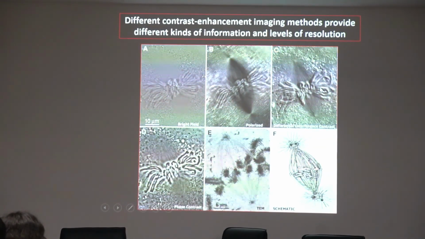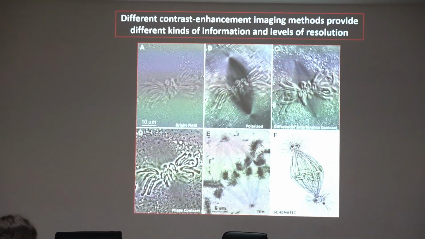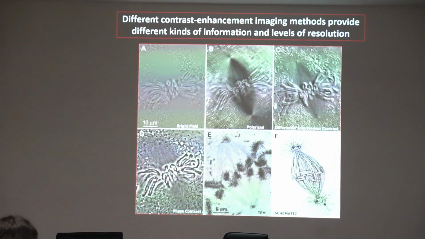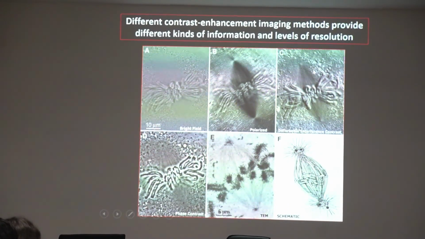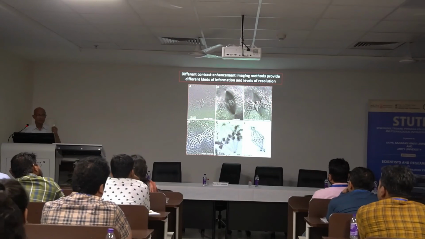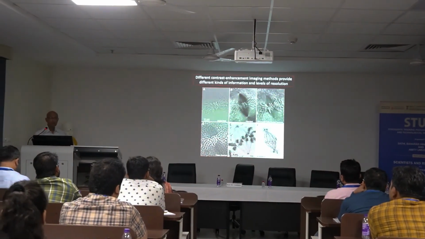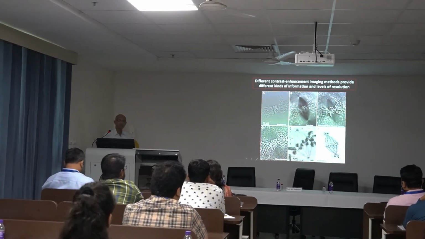Because it allows you to look at objects in a kind of pseudo three-dimensional view and allows better contrast than phase contrast. This one is phase contrast, which is widely used, but then DIC involves more parameters in the microscope. It needs a polarizer, it needs an analyzer, it needs the Wollaston prism, 2 or 3 of them, but it gives much better resolution, much better.